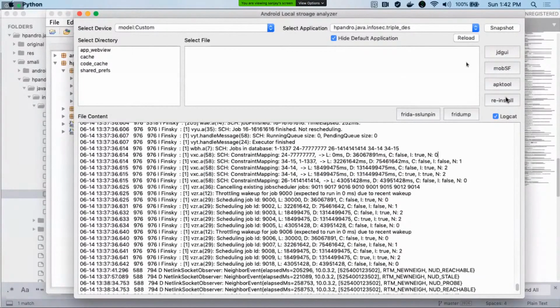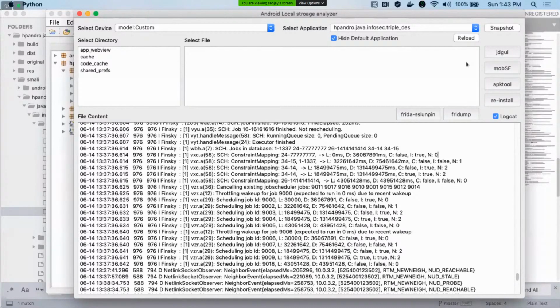And we just have to click on reinstall. So it will create the APK file from the modified source, then sign that particular APK file, uninstall the older version and reinstall the new version.